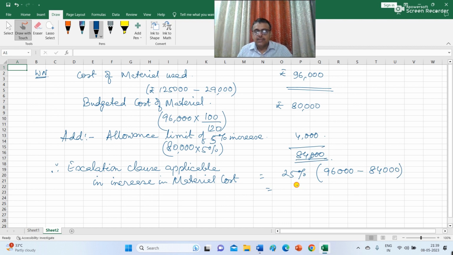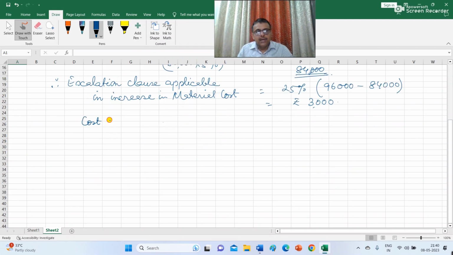So you will get 25% of 12,000. So that is 3,000. So 3,000 will be the increase in the value of contract for increase in material cost. Similarly, you have to calculate what is the increase in the value of contract due to increase in the labor cost. So cost of labor